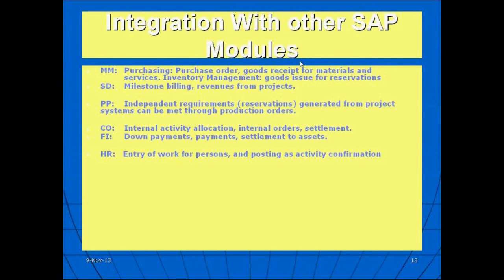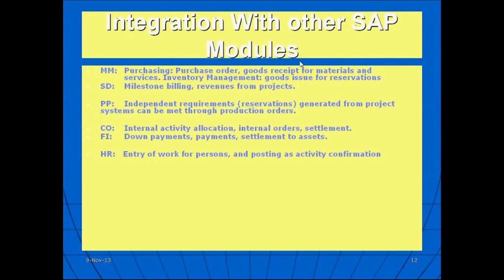Internal CO will come in the picture if you are using an internal order or any cost. FI definitely comes in the picture. For company code, you have to give the company code. Then all the GL accounts, everything gets defined in FI. HR, if you are using any person to allocate your activity. So PS has integration with so many modules,